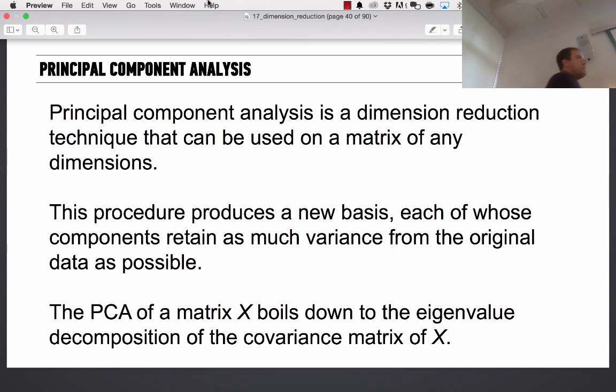Now, I'm not going to get into the nitty-gritty. Again, there is code that does this, but I don't want to get into it today, because I get into a lot of math, and I apologize. But if you remember linear algebra, PCA of a matrix essentially boils down to the eigenvalue decomposition of the covariance of the matrix X. So for any size data X, n by d, you construct the covariance matrix, which is essentially a matrix of relationships between variables. And then you take that matrix and you find the eigenvalue decomposition of it.